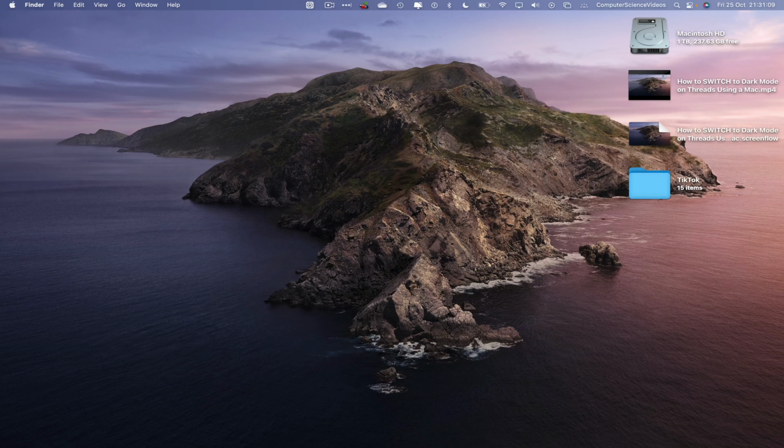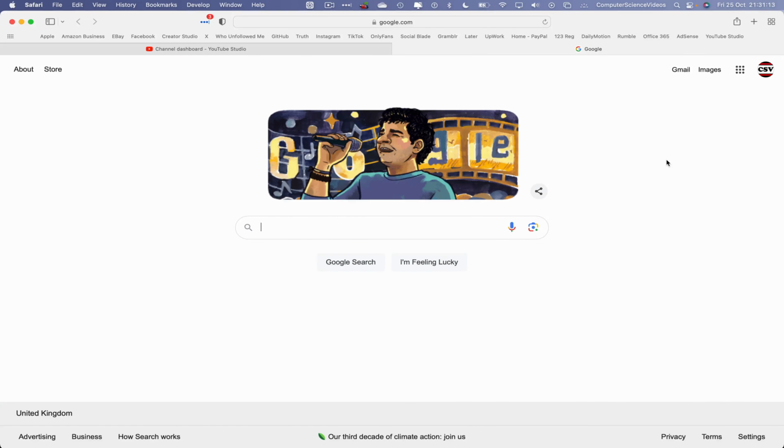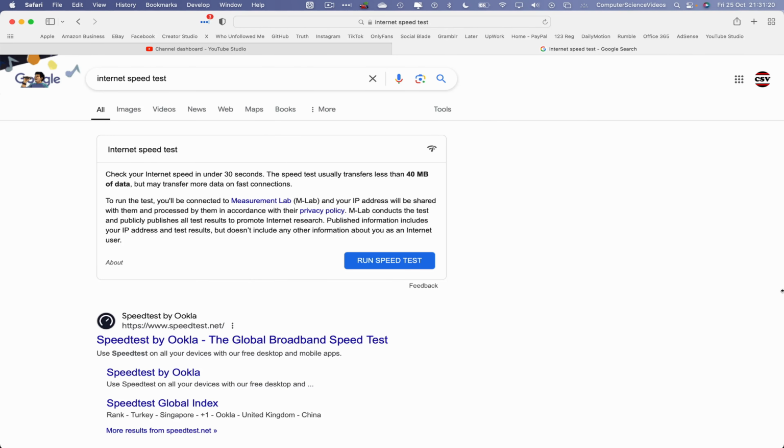Now let's go on to the dock. Go to the web browser, which is Safari in this case. Click on this, wait for that to load. Now in your search engine, type internet speed test. Click on this, and then we should have a box on screen that will allow us to run the speed